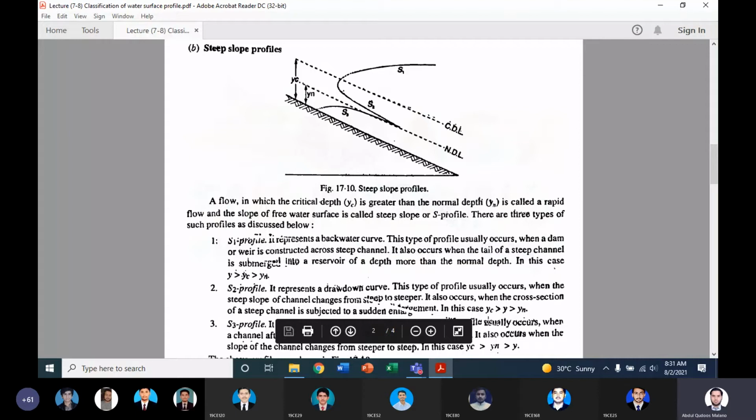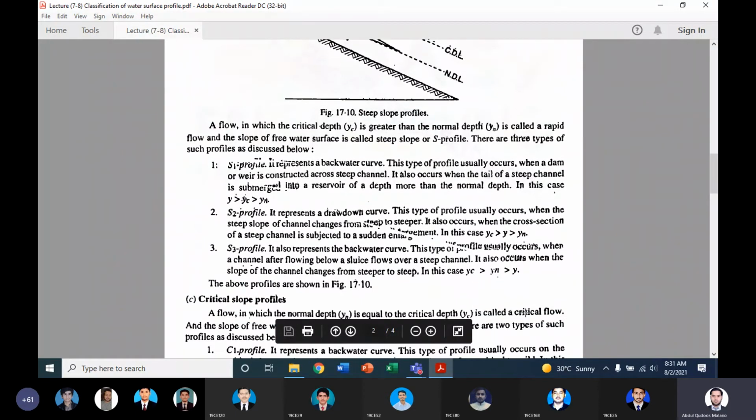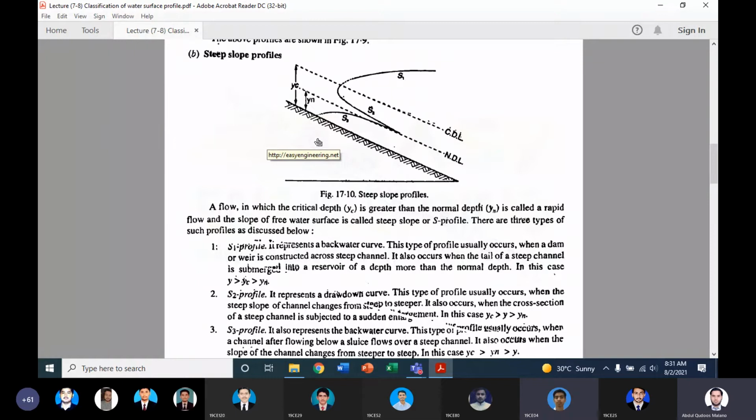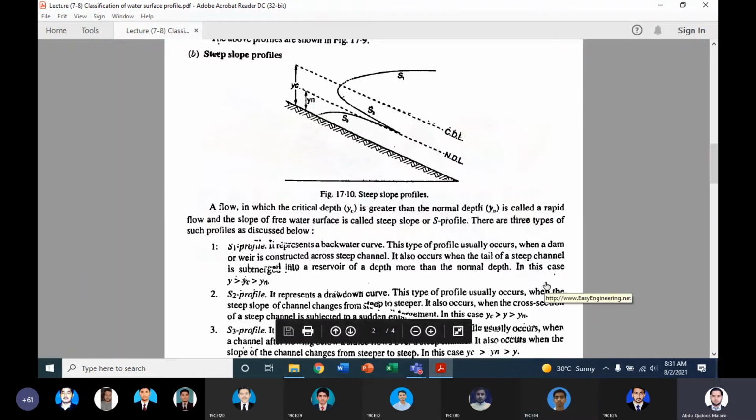Okay, so the critical depth is greater than the depth of the flow and it is greater than the normal depth. Then we have the third profile. Third profile में अब क्या होगा? So very simple. सर, S2 में जो फ्लो है वो कौन सा होगा? In the S2 profile, you see critical depth is greater than the depth of the flow. So definitely this is going to be a shooting flow. ठीक है, first profile में हम देख चुके हैं, there will be the shooting flow over here.